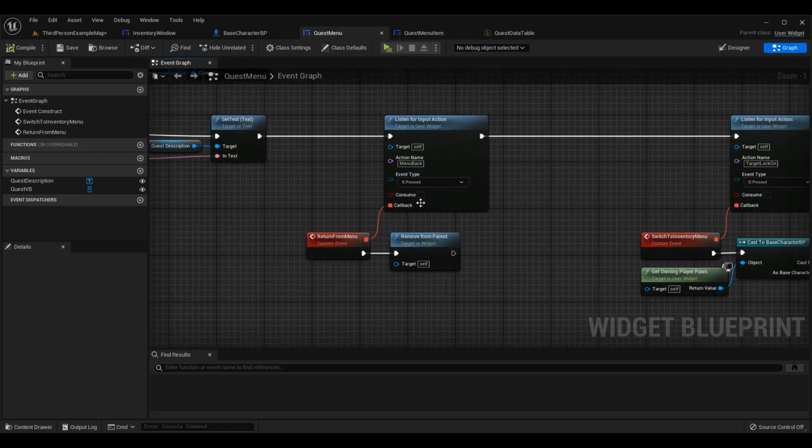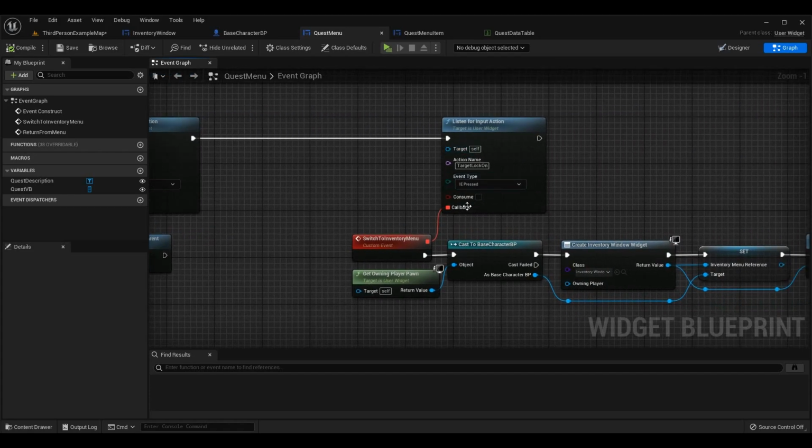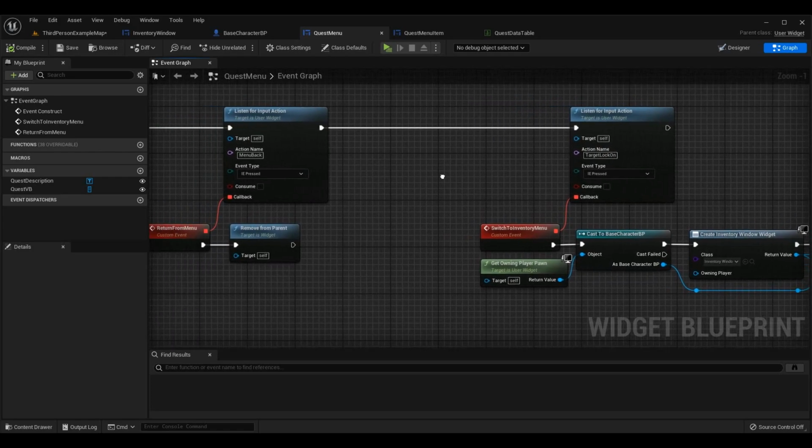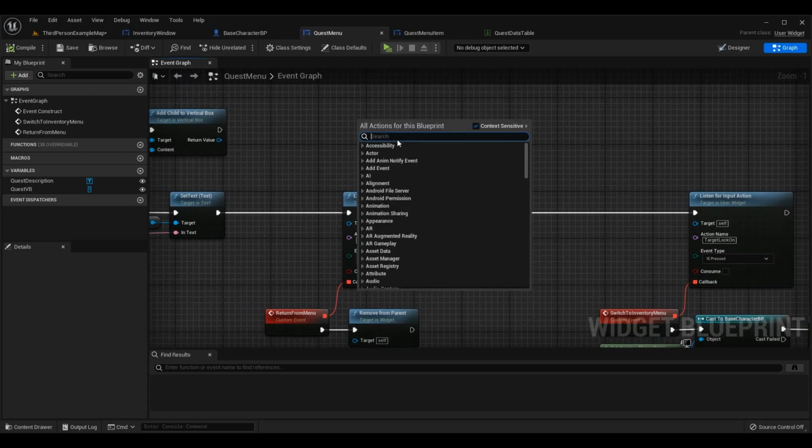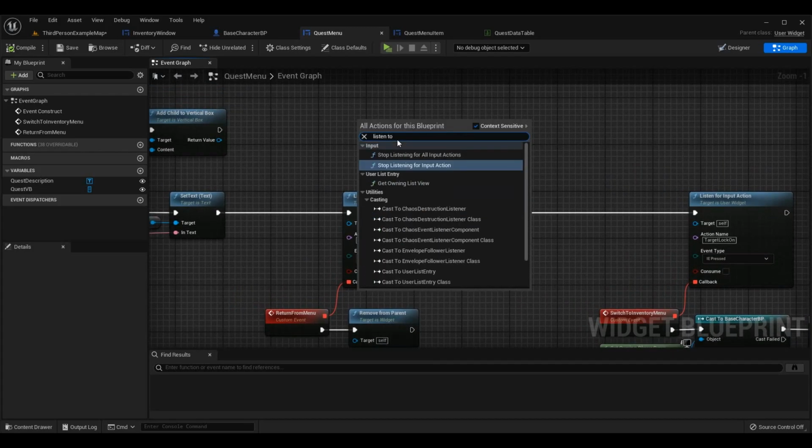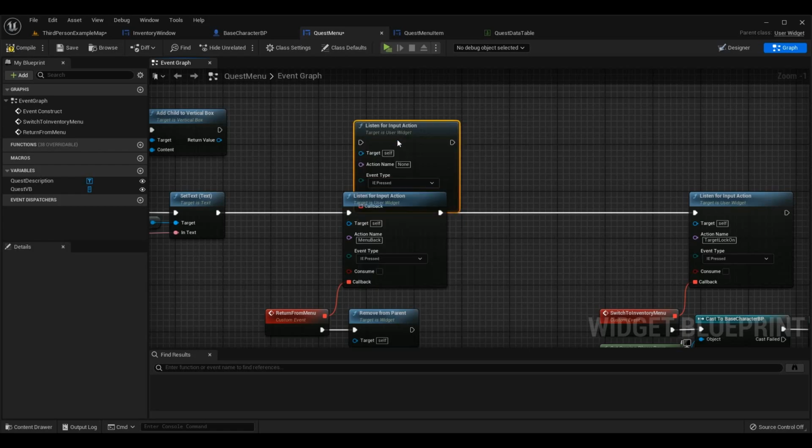So essentially, just like in our inventory window, I'm going to listen for certain input actions, so that when a player presses an input, if that is found to be pressed while the menu is open, we perform an action. In this case, I want a way to return from this menu, or basically exit the menu. And I want one to toggle between this menu and another menu, like the inventory menu. So if I add 2 function calls to listen for input action,